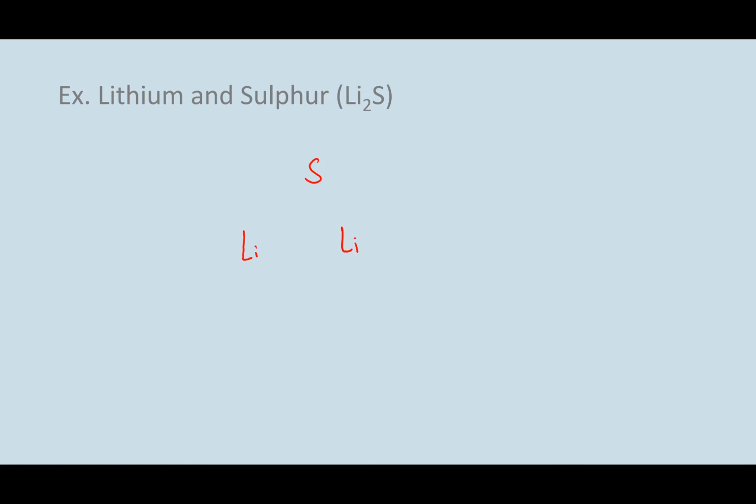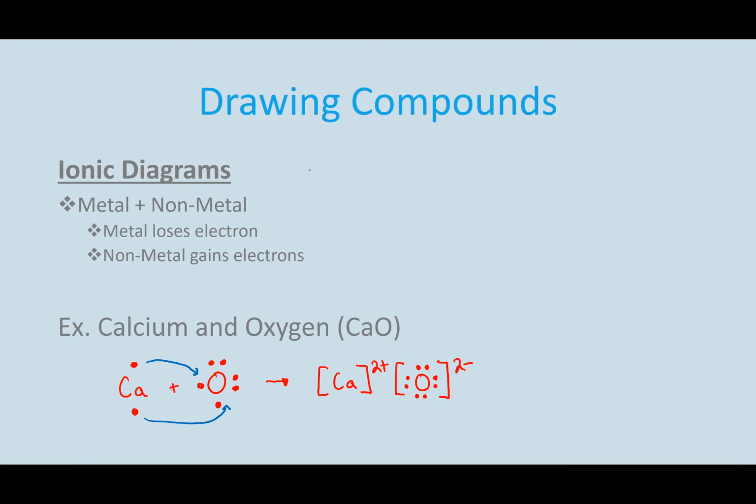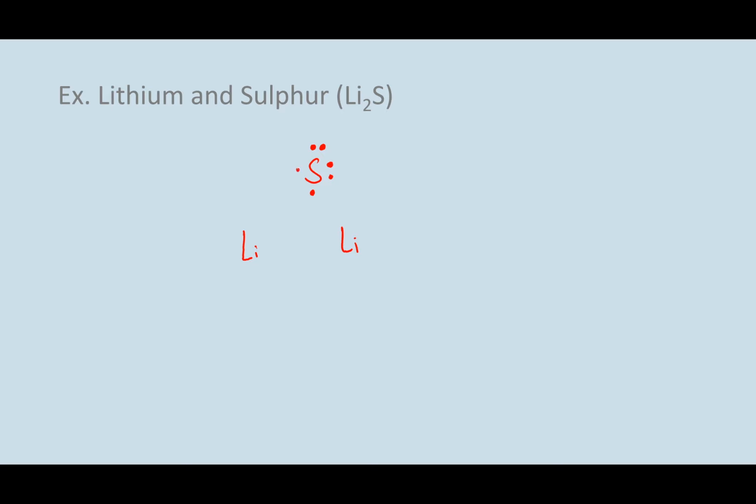So sulfur is in the same case as oxygen. It will have 6 electrons in its outer shell, and lithium has 1 electron in its outer shell. So in this case, lithium only has 1 electron to give up, so it's going to give up 1 to sulfur,